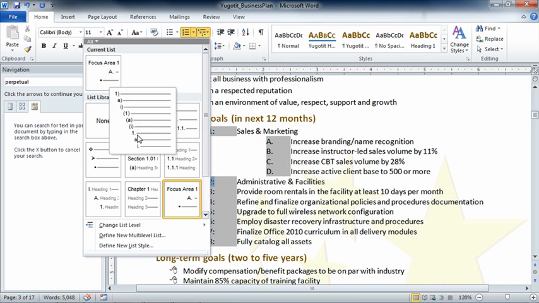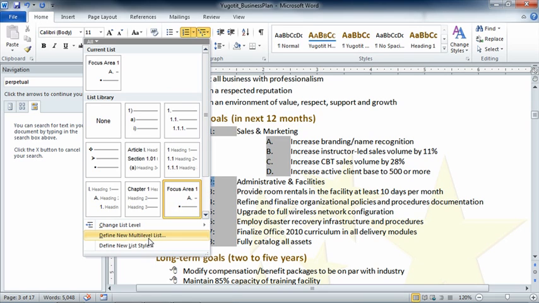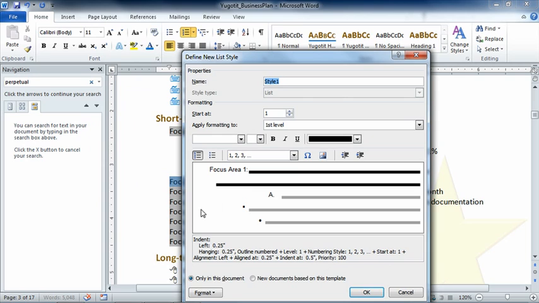Now we've been looking at the top, we've been moving things around. When we first created our list, we chose Define New Multi-Level List. But the very last option is Define New List Style. Again, we won't go through all of the different settings here because I think you get how this works. But a list style is a little bit more inclusive. Notice that when we created the multi-level list, all we could really do was work primarily with how the different designators are configured. Is it a bullet point? Is it a number? Is it a letter? And so forth. We could have clicked on font and changed some of that, but this style box is actually